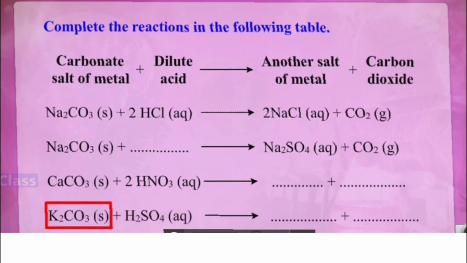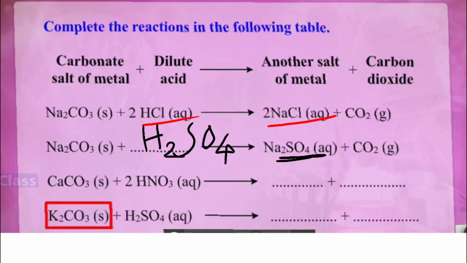Right? Now the first reaction, Na2CO3 plus HCl gives you 2 NaCl plus CO2. So this is the acid and you are getting another salt, and carbon dioxide gas is evolved. Now let us write down the second one. Na2CO3 plus, you are going to get the salt from the acid. So SO4 comes in which acid? Which acid, children? H2SO4. Right?